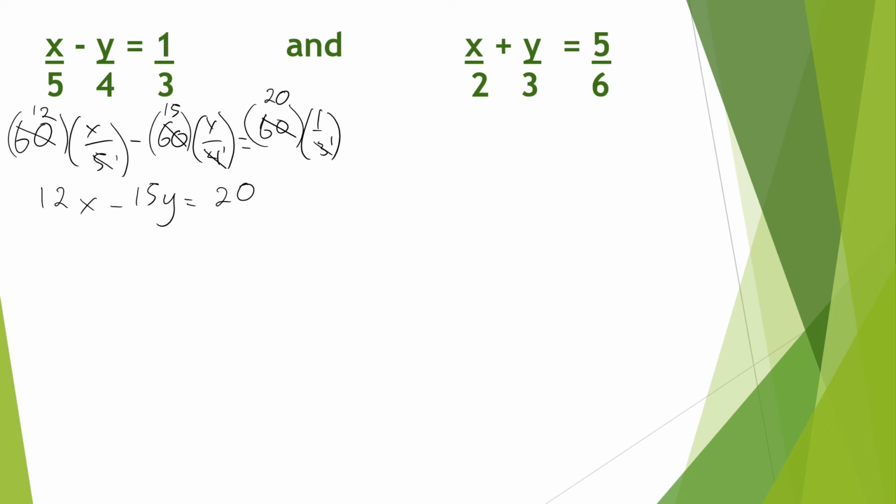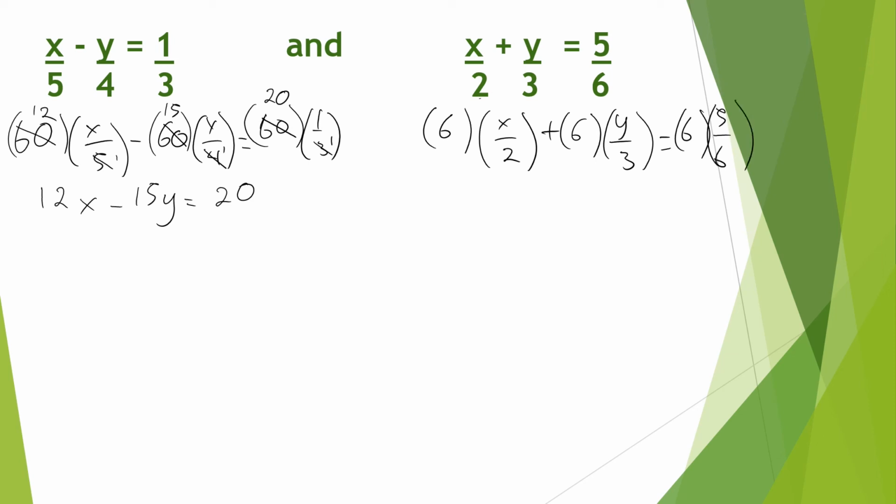It's easy also, just 2 times 3, 6. Or just look at the greatest denominator, 6. 6 divided by 2 can, 6 divided by 3 can, so just multiply with 6, sorry. Multiply all of that with 6. Okay, so 2 cancels with 6 to become 3. 3 cancels with 6 equals 2. 6 with 6 is just 1. Okay, you get the answer, 3x plus 2y equals 5.